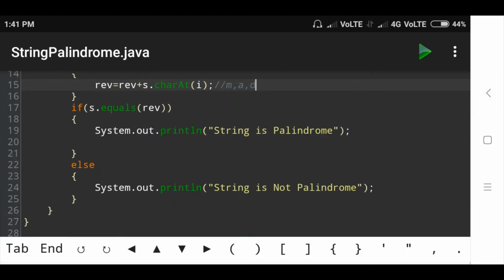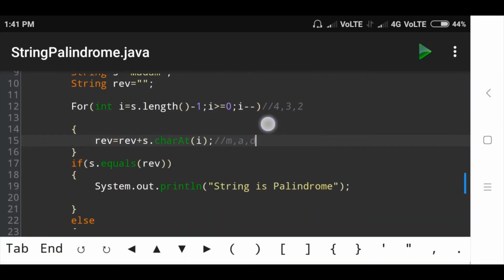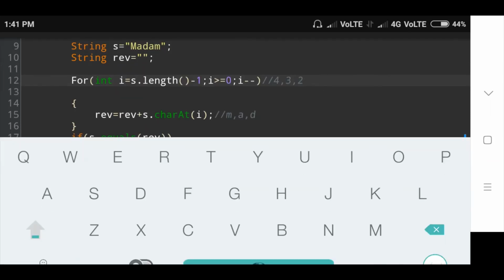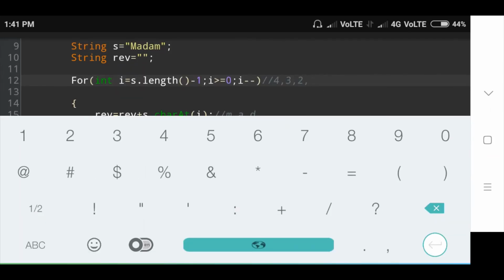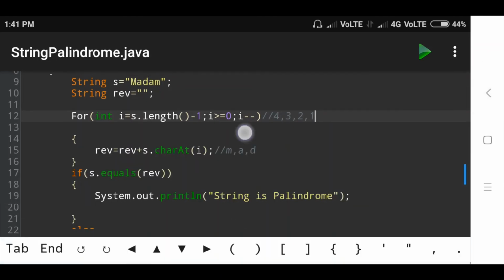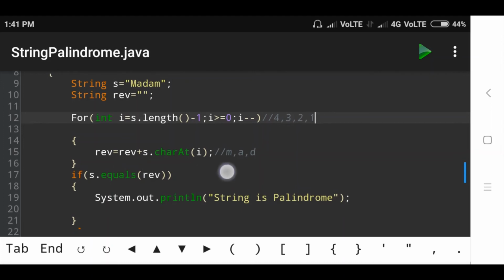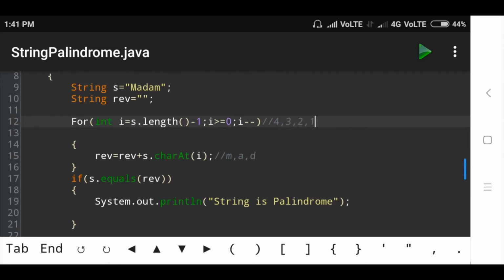Then again go to the for loop condition. The i value is decreased by 1. The i value is 1. Then check whether i is greater than or equal to 0. The i value 1 is greater than or equal to 0, so the condition is true. Then again go to the next condition: reverse plus s dot charAt, the i value is 1.